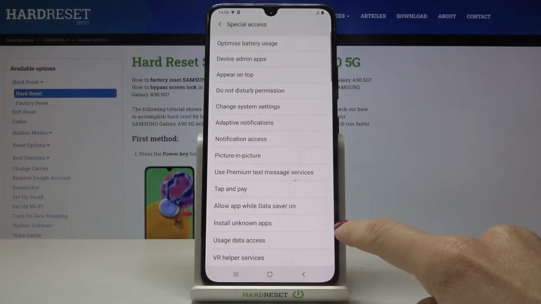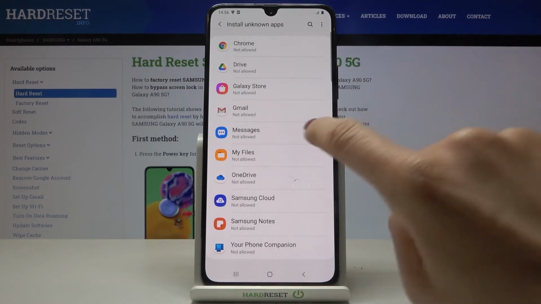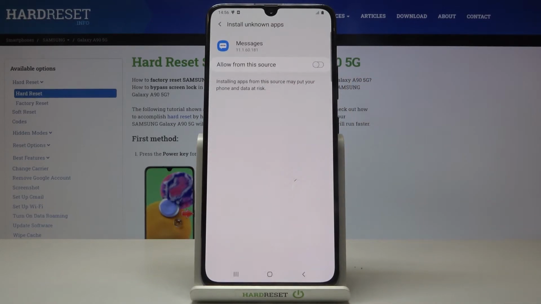And here you will notice install unknown apps, so smoothly mark it, and here you can give permission to whichever source you would like to give it to. So let me pick for example messages, and by tapping on allow from the source you can smoothly allow installation